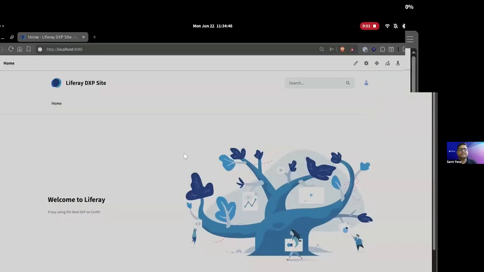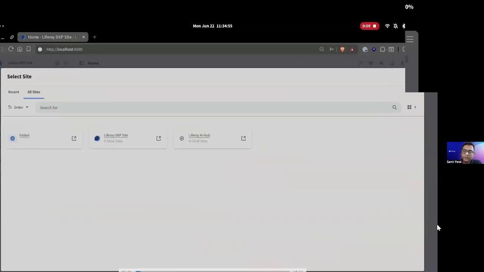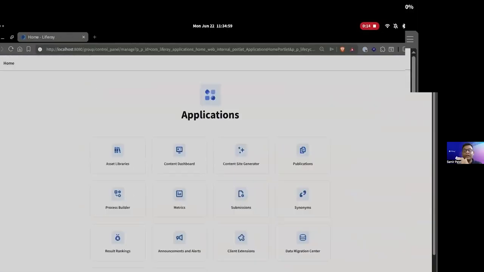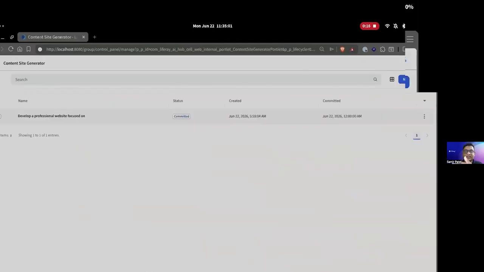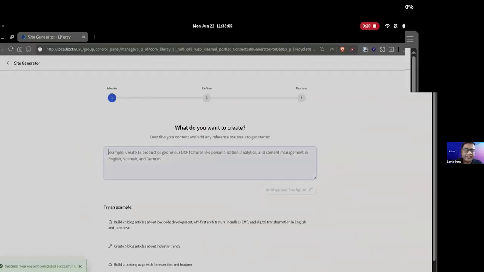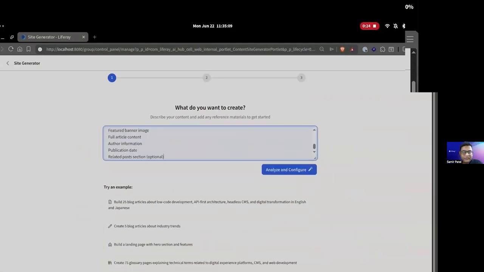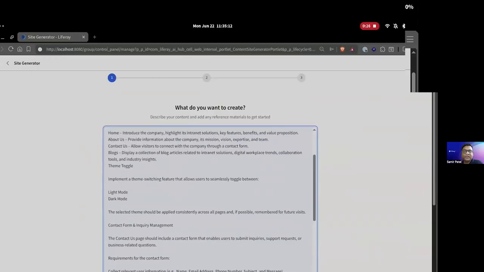So this is a demo instance wherein AI Hub is already configured and you start seeing some of the new things that have come up since Q1 2026. And now, of course, this is Q2 2026. So we have something called a content site generator in our administration or control panel, where you see a prompt window where I can